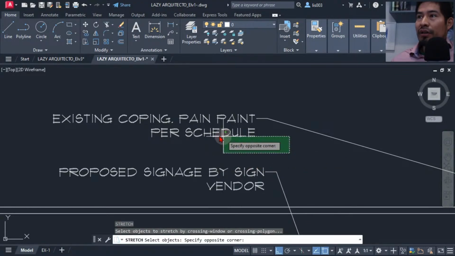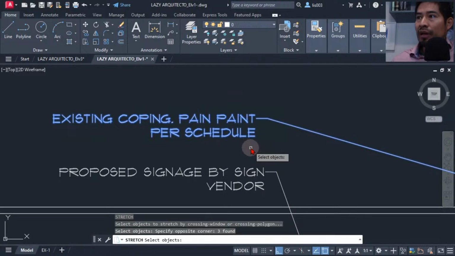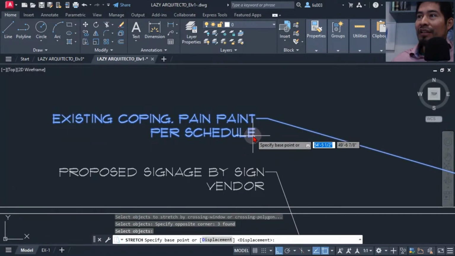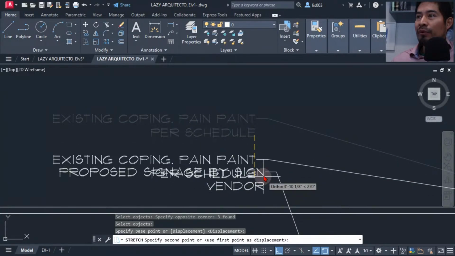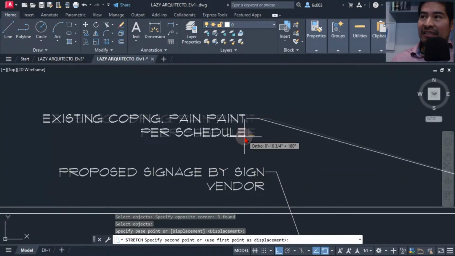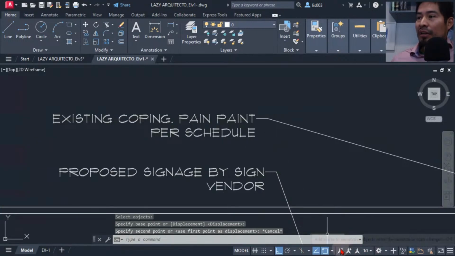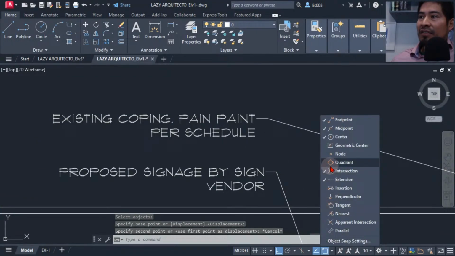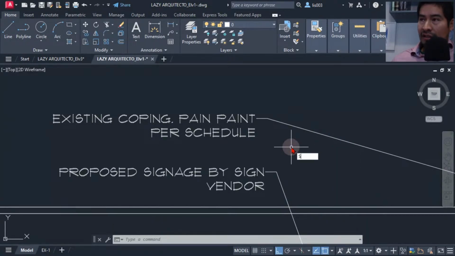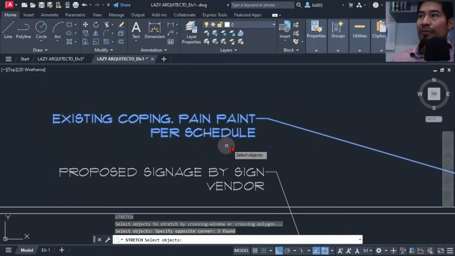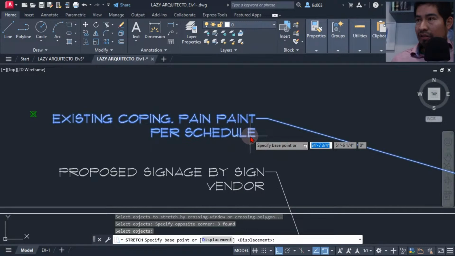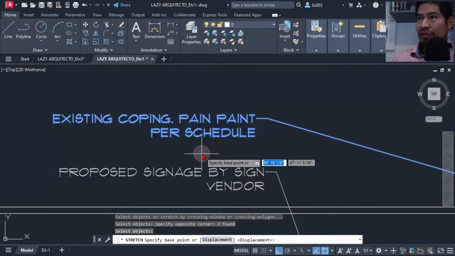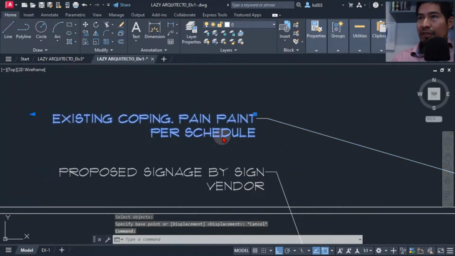Using the stretch command, I wanted to align my text from this point over here with this other point, but it wasn't snapping. So that's why I turned on this snap setting, which was called node, and this way I could quickly align my text by snapping. Oops, it's not snapping over here on this side. Let me fix that really quick